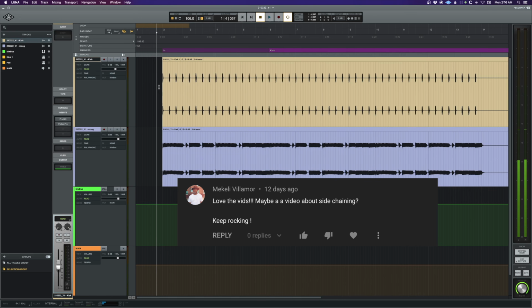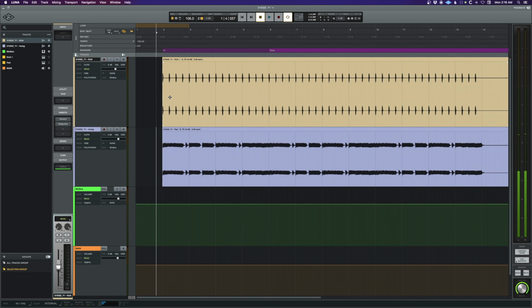Luna, tip number 15, sidechaining. Why and how? So why would you do this? One good reason to do this is to duck one track underneath the level of another. And basically that's the reason you would always use sidechaining, is to affect one track based on the performance